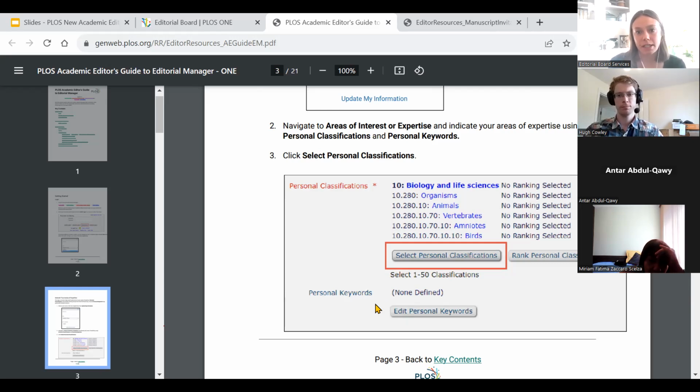Let's see, what do I want to highlight here? PLOS One, because of its size, has a PLOS match algorithm-based matching. So it does use these terms, but it also uses your 10 authored papers that you submitted to us at onboarding, and that does basically text-based matching to match you to submissions. So that's just on PLOS One. All of their journals use these taxonomical terms and these classifications.